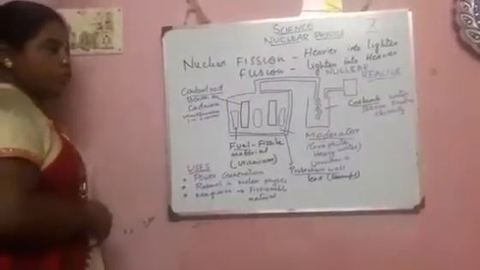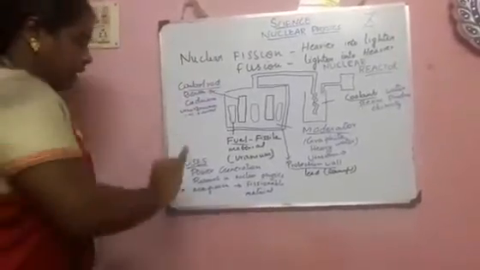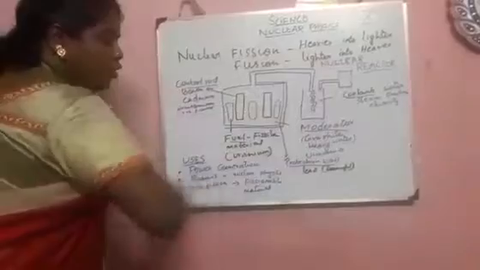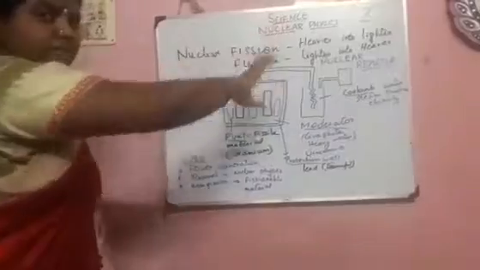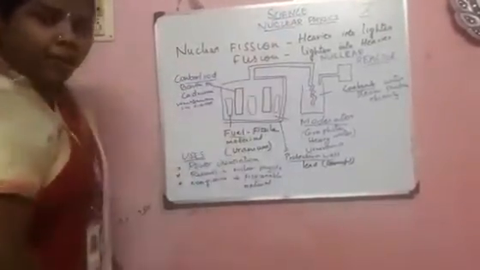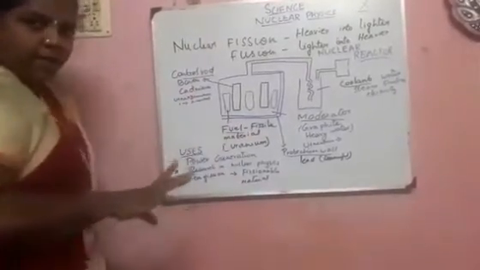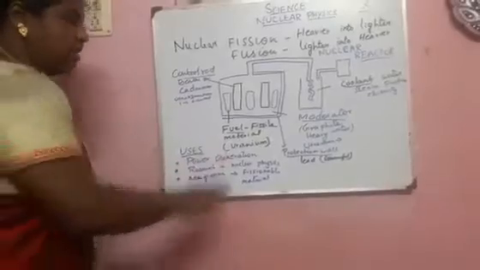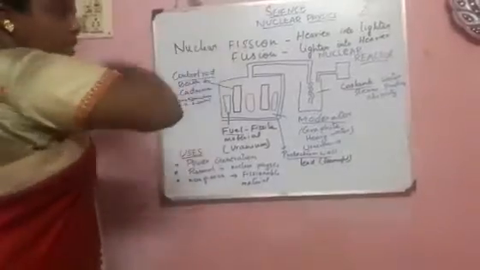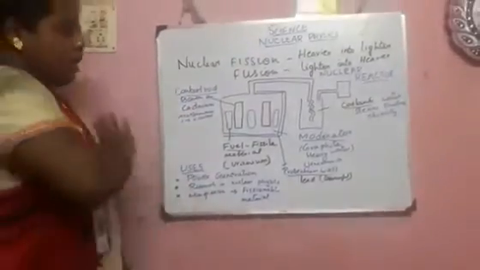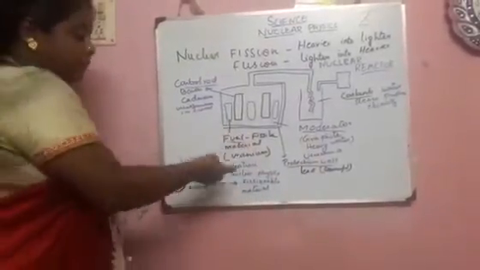Let's see the uses of the nuclear reactor. First, yes, we know it is used for power generation. Second, it is used for nuclear physics research. Whatever research we do related to nuclear physics, the nuclear reactor is helpful for that. And last, we know we use only fissile material. If it is a non-fissile material, the nuclear reactor converts it into fissile material, that means the fission process, heavier into lighter. So in this reaction, we use these components to produce electricity, and it is also used for producing fissile material.